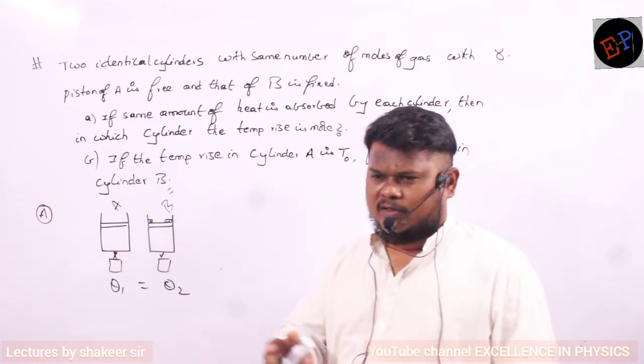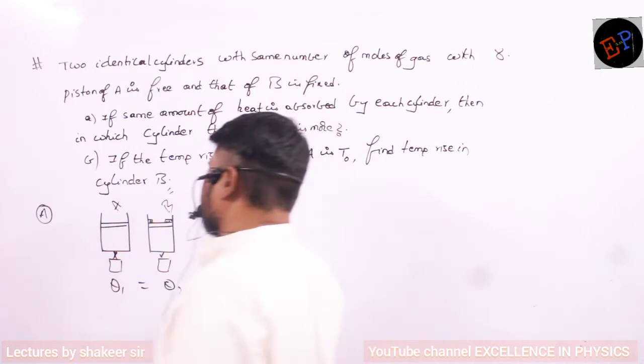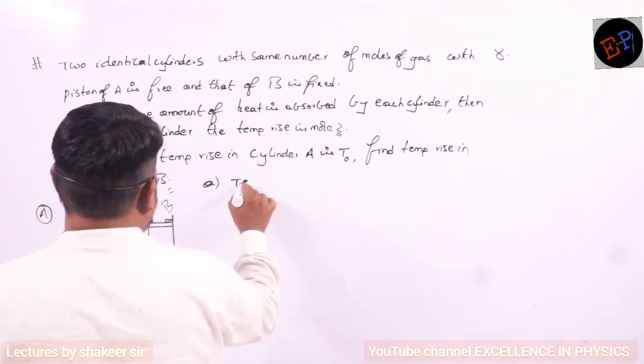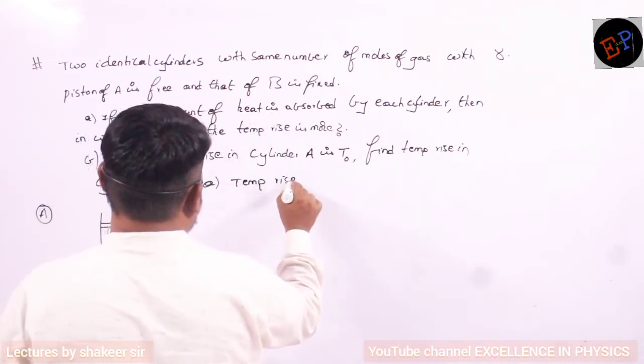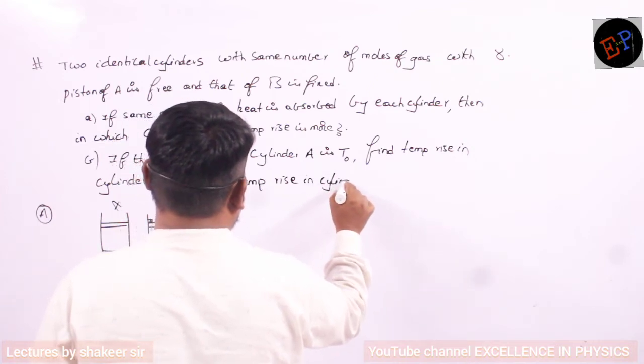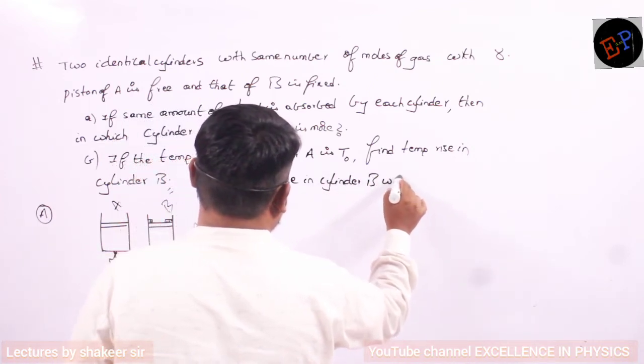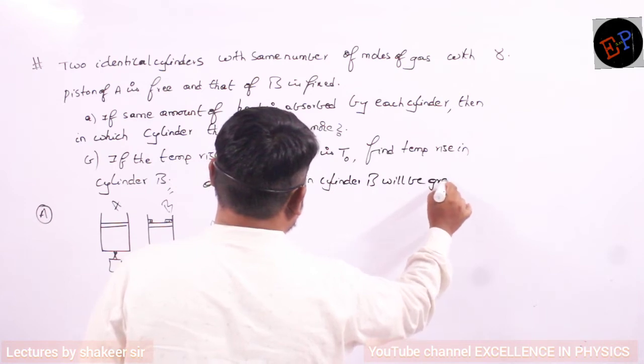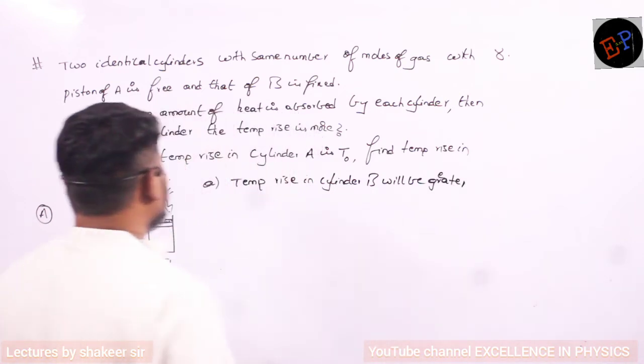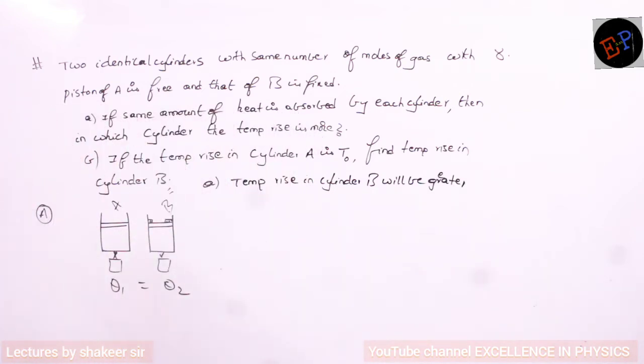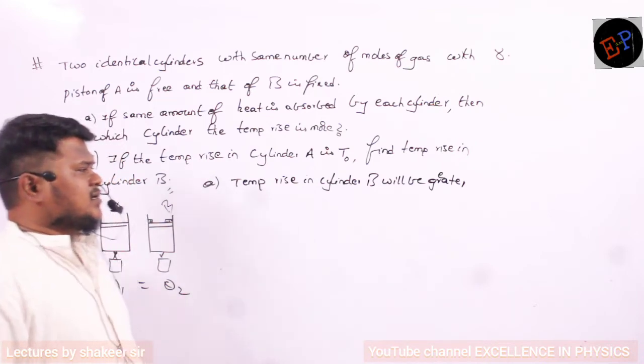So rise of temperature will not be greater. So what is our first answer? First answer is temperature rise in cylinder B will be greater. That is our answer for the first question. Now the second question is, if temperature rise in cylinder A is T0, then what is the temperature